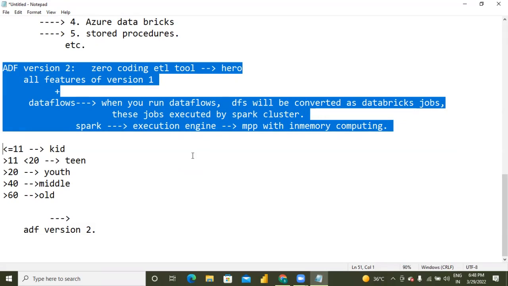You just need to know how to call that stored procedure. Databricks is developed by a Databricks developer. You should know how to call that notebook. That means you are orchestrating different services. That's why Microsoft does not call ADF an ETL tool. Microsoft calls it a data orchestration tool. Orchestration, not tool, it is called an orchestration service.